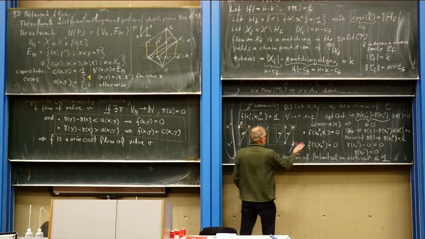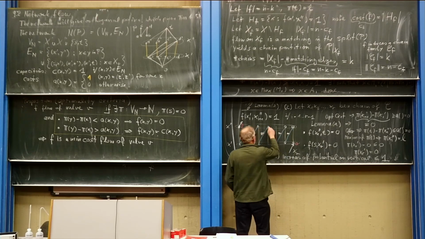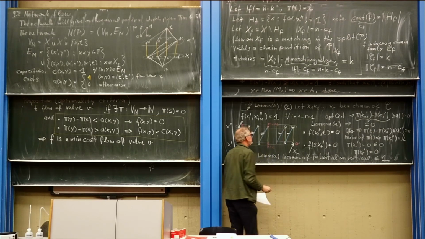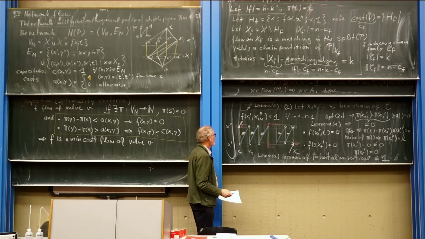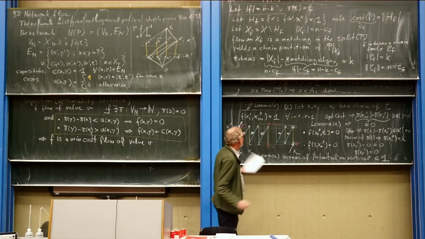So for every I, we have one of these edges such that the potential here equals I, and here it equals I plus 1. So on this chain,